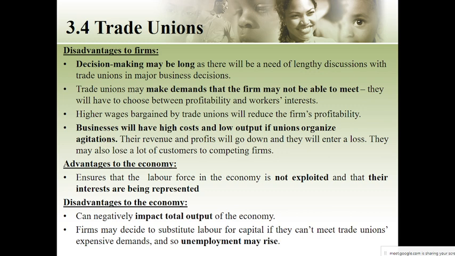Is it making some sense? And the disadvantages can negatively impact the total output of the economy. Okay. Firms may decide to substitute labor for capital if they can't meet the trade union's expensive demands, and unemployment may rise. Okay. So these were some discussions on the topic of trade unions, and we covered so far three major sectors: trade unions regarding the workers, then the firms, and then the economy. Okay. So that